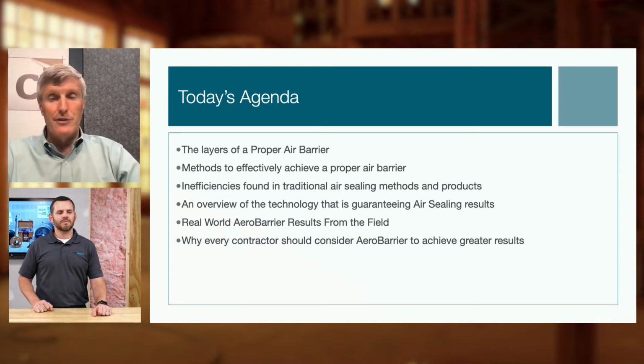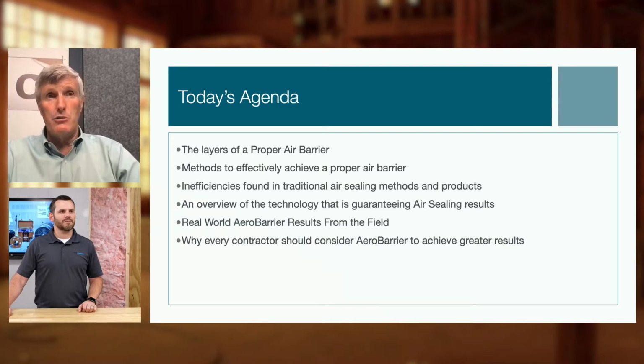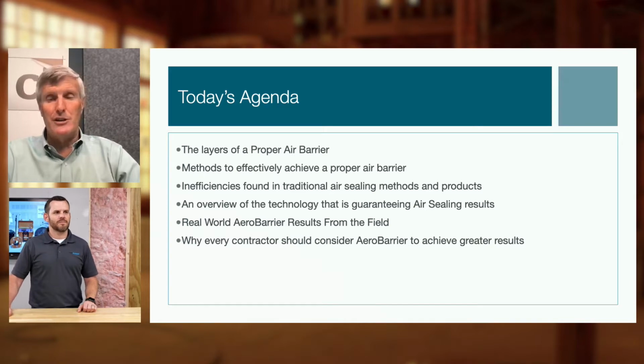What are the layers of an AeroBarrier? Some of the methods around that. Most of that's going to be pretty familiar to you guys, but I just want to give you a sense, just so we're all on the same page as to the kinds of methods, material, good solutions, doing a nice job of that. But we of course want to talk about the inefficiencies of some of those